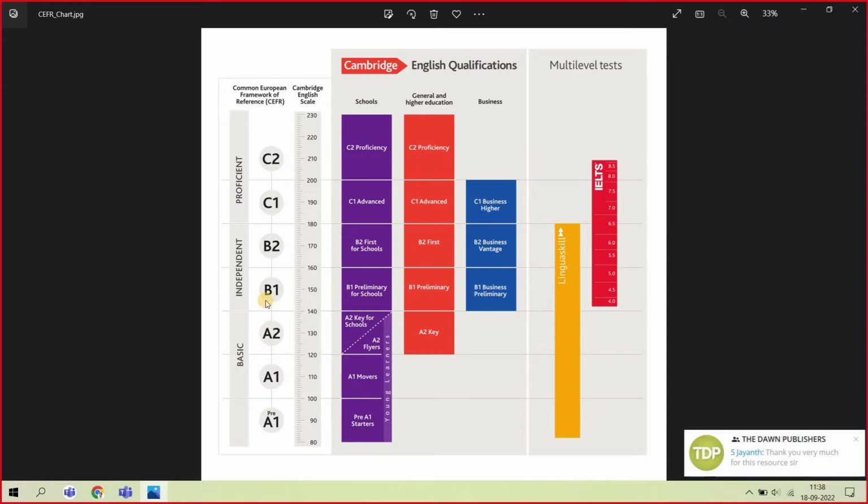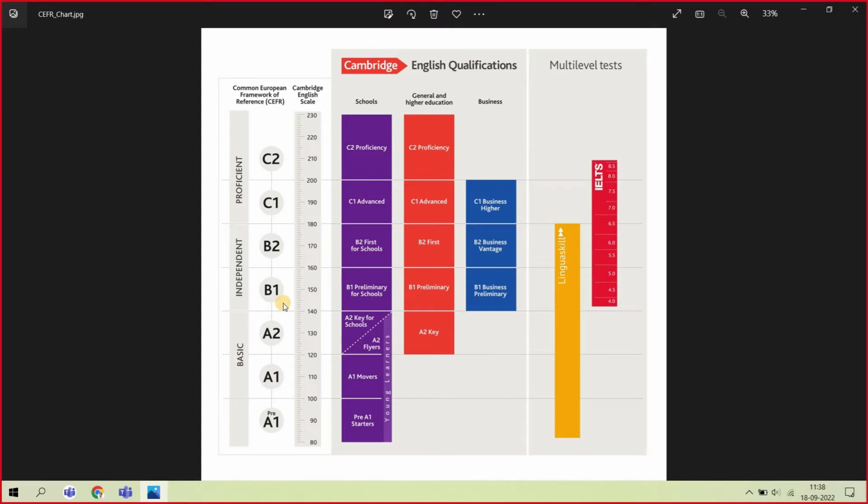Okay? And most of them are somewhere around B1 and B2. See, I'm not talking here about students who have studied in better schools and who have improved their language to a better extent. Okay, I'm talking about the majority of the crowd who may find it difficult to express themselves. So they may be at B1 and B2 level.